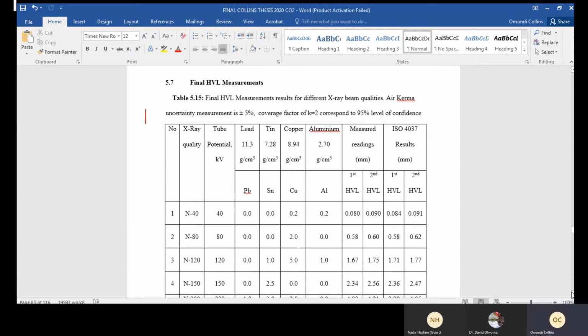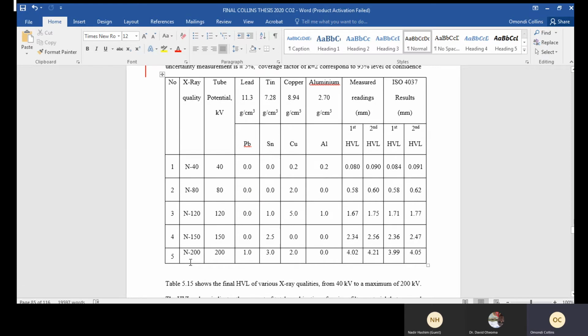So this is the final results for all the qualities. This is the tube potential. Then these are the different compositions specified in ISO 4037. Then this is the result for the first half value layer. Then I compare with the one specified by the ISO to see whether it's within the required range. Then this is the second one,